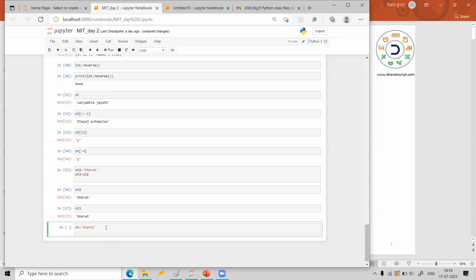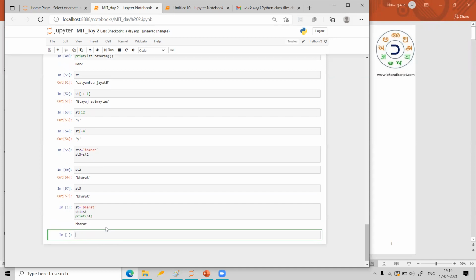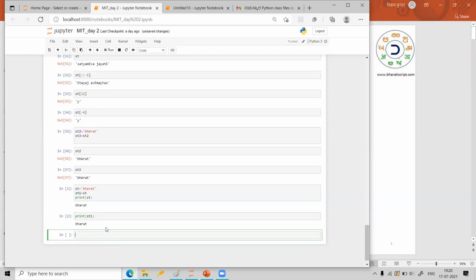Now I will say st1 is equal to st. Now I would like to print what is there in st. Let me press shift enter. So st is having Bharat. Now let me check what is there in st1. So print st1. I got again Bharat only.